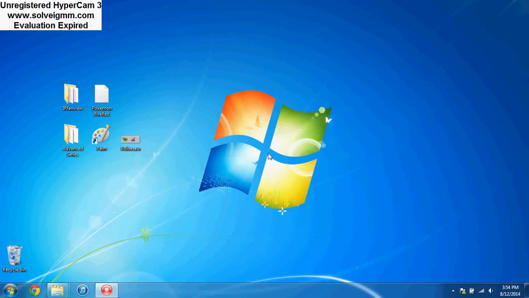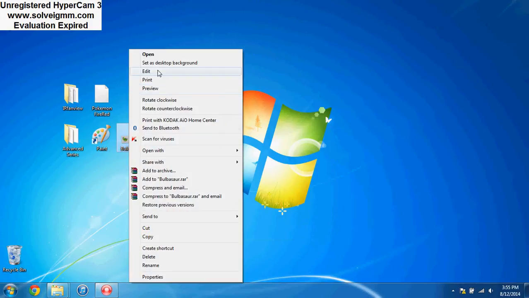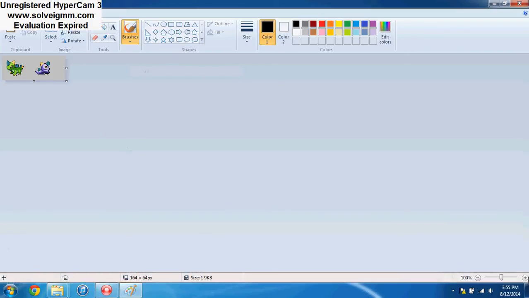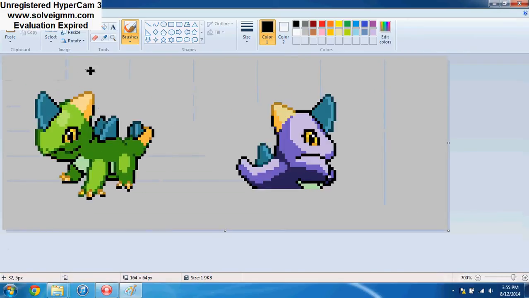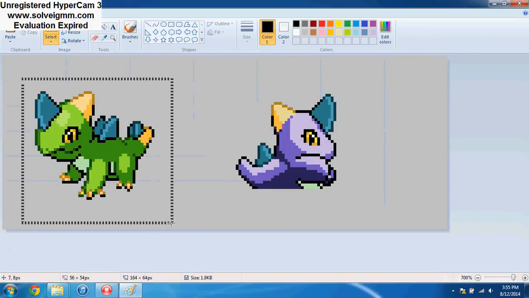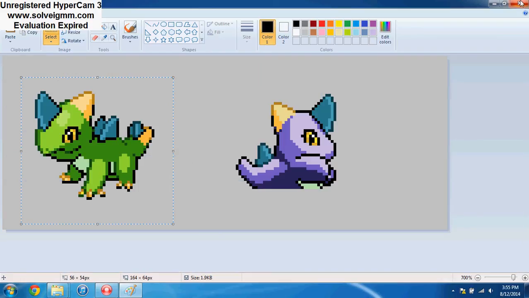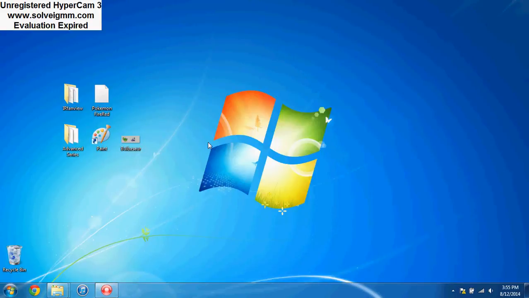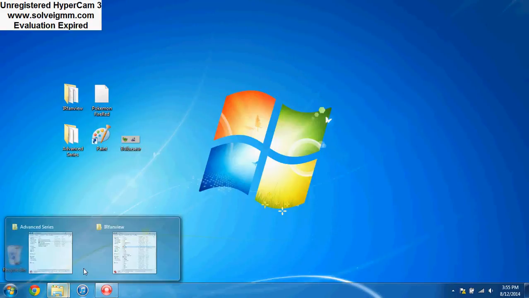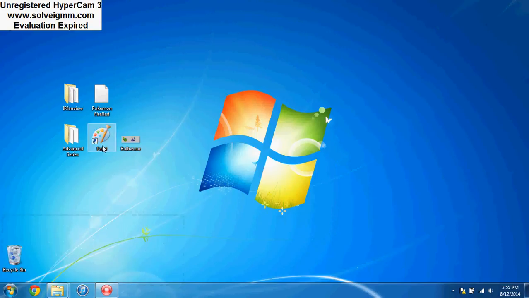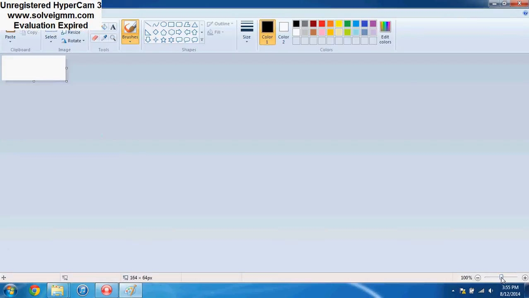Hi guys, today I'm going to show you how to put a Pokemon sprite into a GBA ROM without having to use unLZ.gba. The first thing you're going to do is find the Pokemon sprite that you want to use for your game. So I have this guy right here, and you're just going to want to copy him and close your Pokedex or file that you have your sprite in, and you want to open Paint and paste into